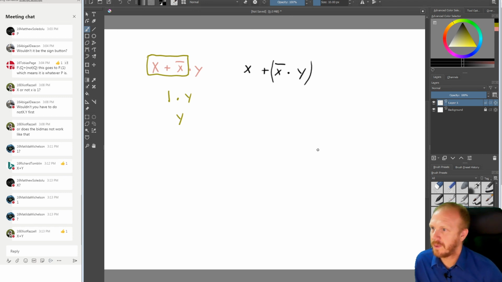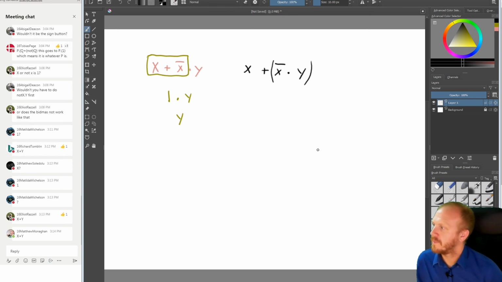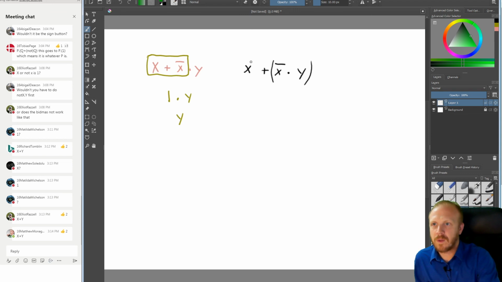Right, Elliot agrees with Richard. Matthew agrees with Elliot and Richard. Okay, we seem to be getting a consensus on X or Y. Let's find out. So now we know that those are in a bracket. What we have to do is multiply that into the bracket. So the X plus on the outside can go into there and to there. So that leaves us with